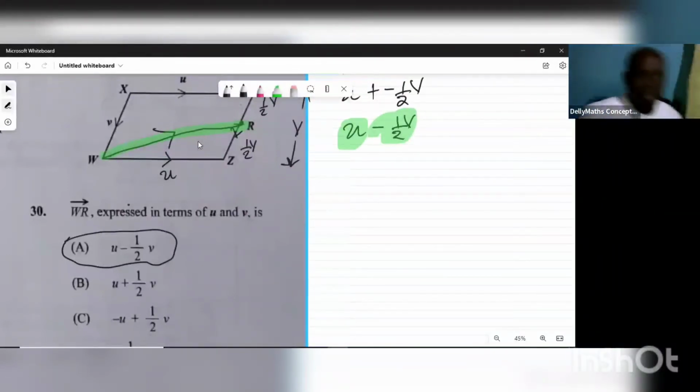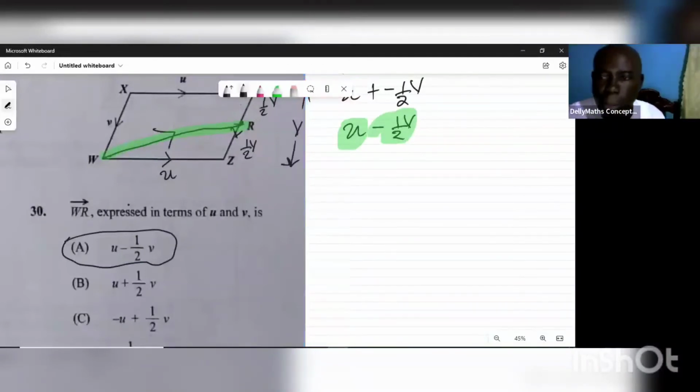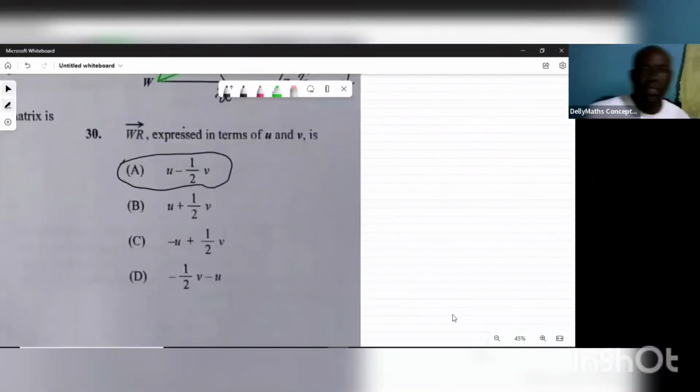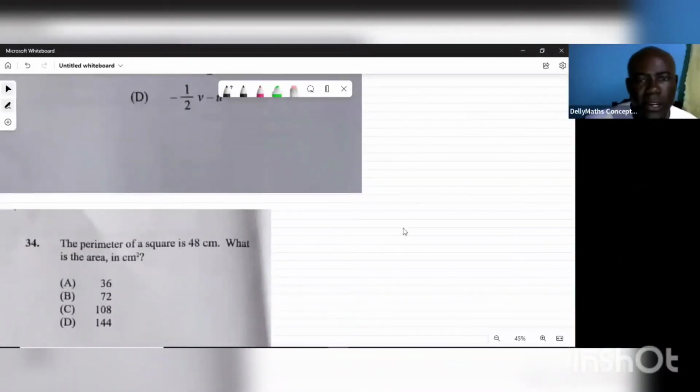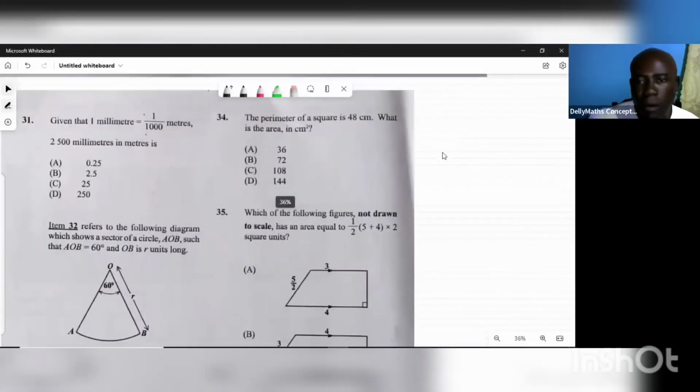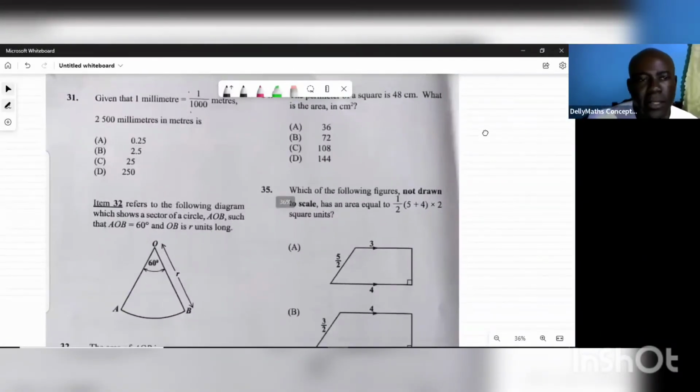All right, so that's that. Let's go to the next question. That's 31. We're at 31. I think 31 is on the other sheet right here. So we're at 31. All right, so 31 says,